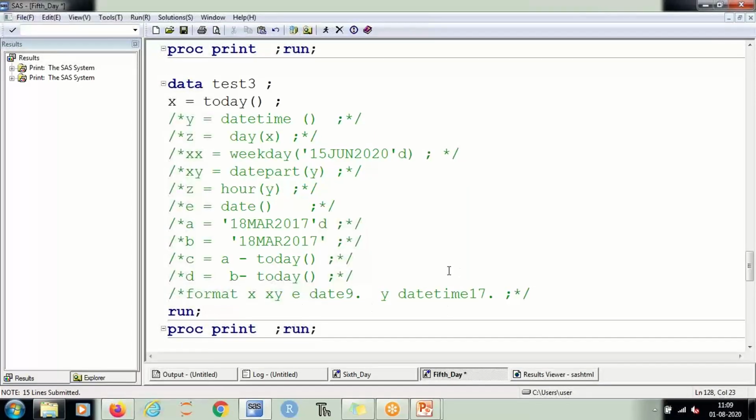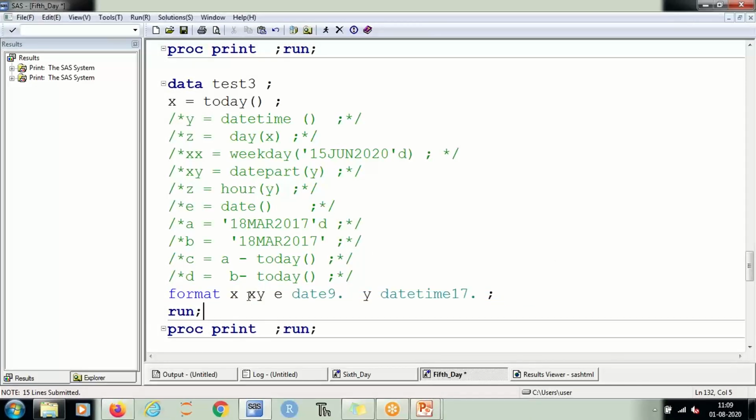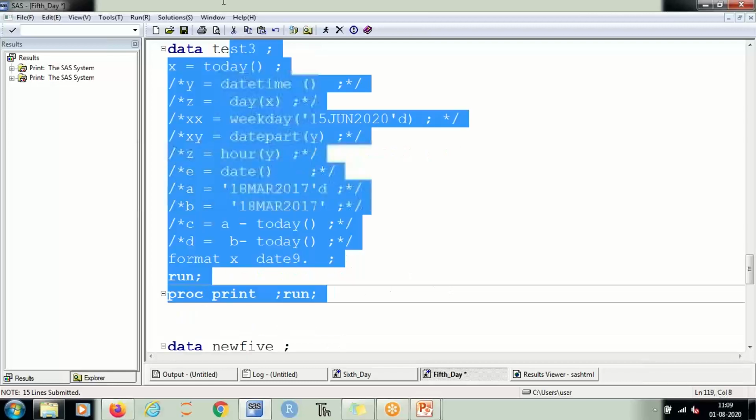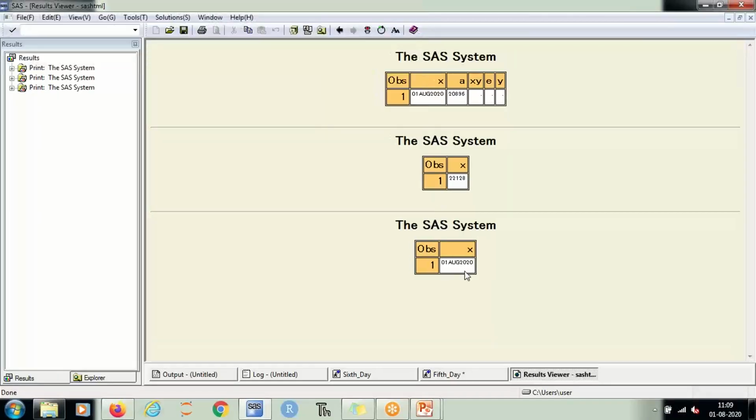If you want to change this format, you can use a command by the name of format, and you can use your own format which you want to use, like this.